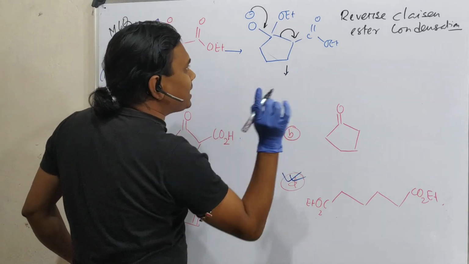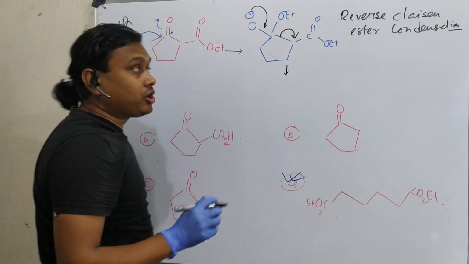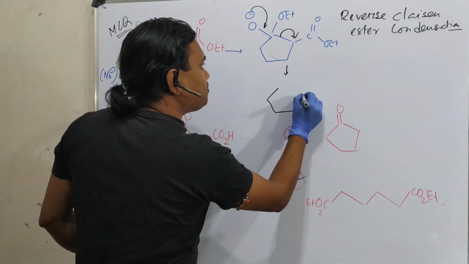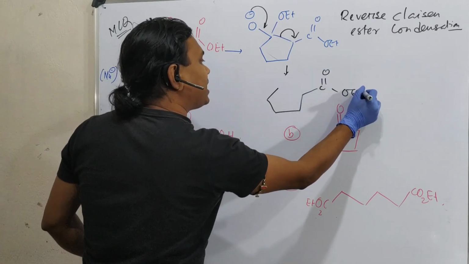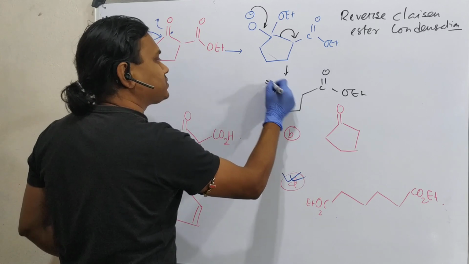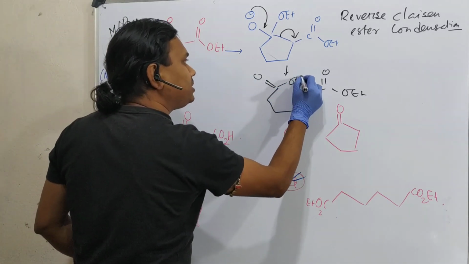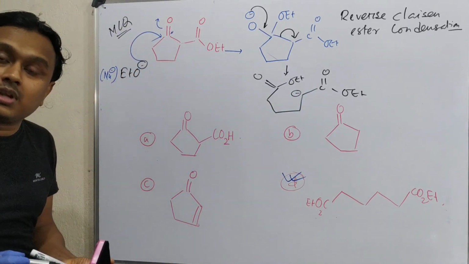Just look at the product, then I guess you'll understand easily. And when such kind of bond breaking and making occurs, I request you, students, keep everything as it is. Don't try to write the final product, you may end up making a mistake. Don't do that. So this is OEt, and in this case the negative charge is on this carbon.